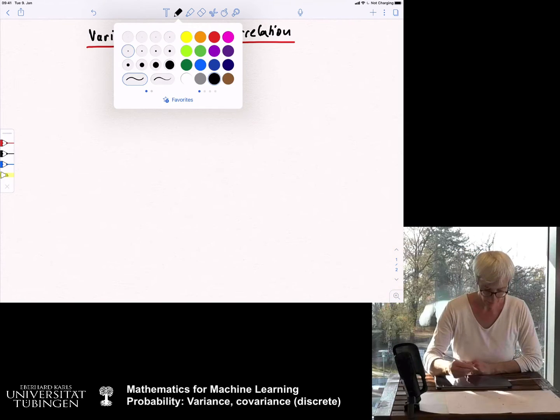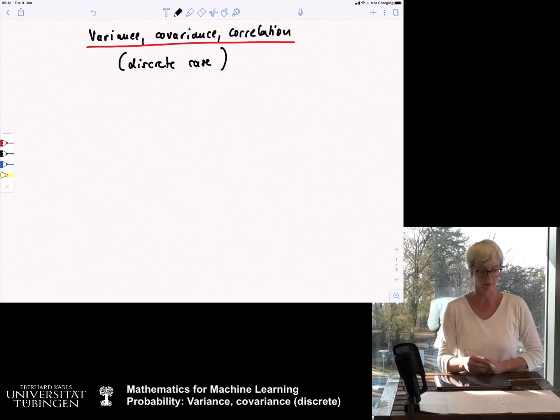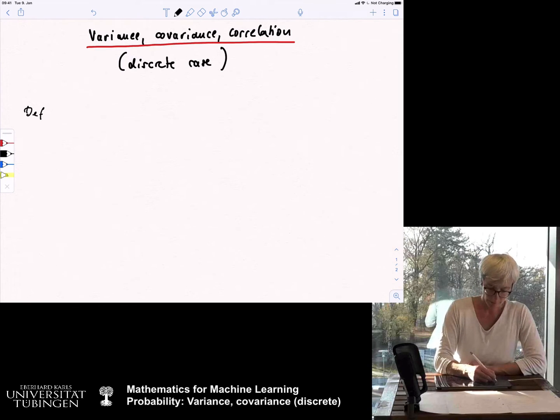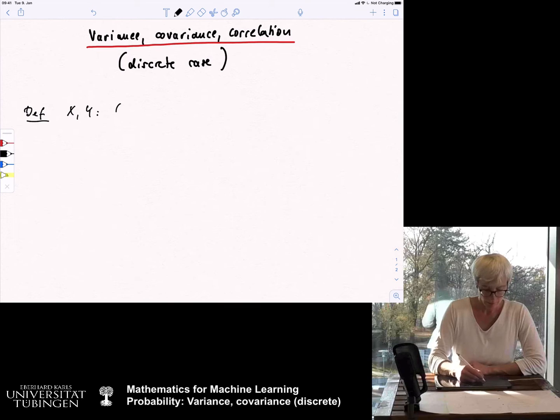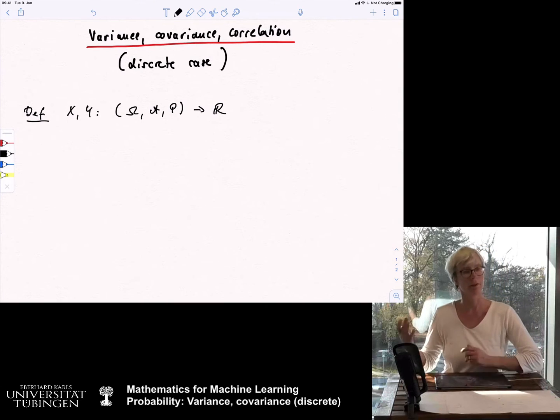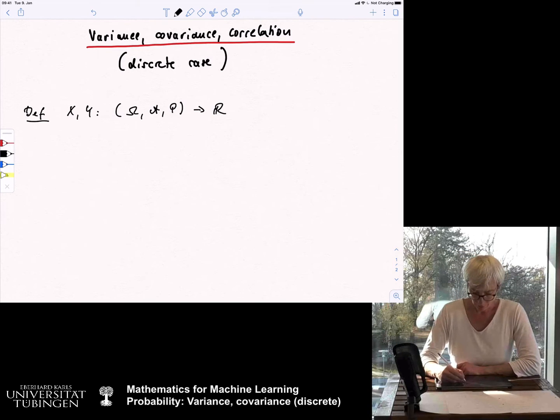Maybe I take this down here as well. Discrete case. And as I said, the continuous case is coming later. So consider the following definition. We have two random variables. They go from any kind of standard probability space Omega, A, P to R. Again, we are in the setting where we have values in R. And assume these are discrete